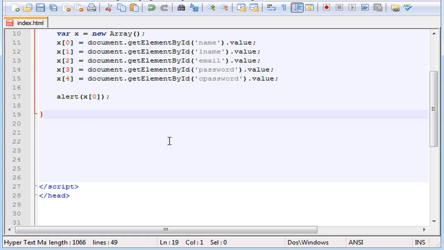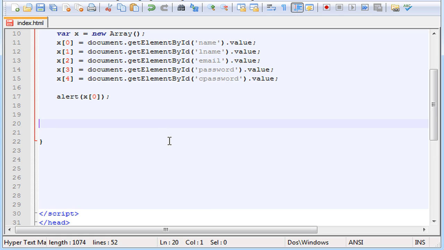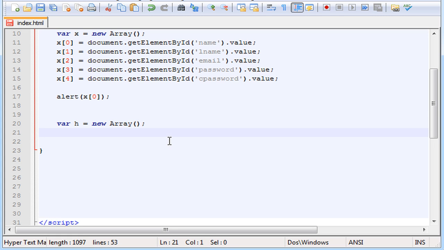Inside the same function, I forgot to mention this. We still have to create another array with the outputs that we will have for the different inputs. So I'm going to create a new array, call it variable h new array, and in here I'm going to type h 0 equals to